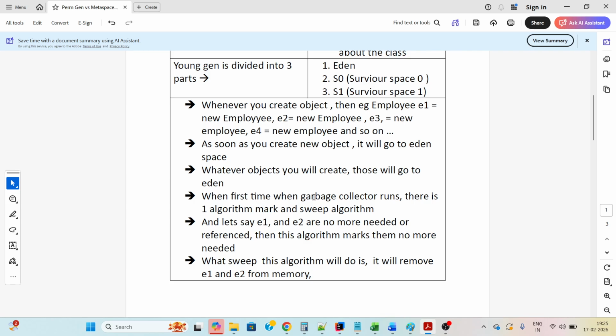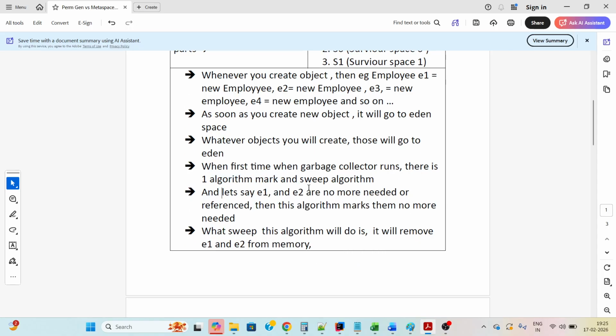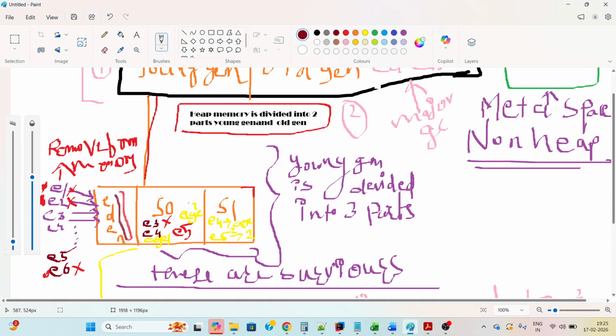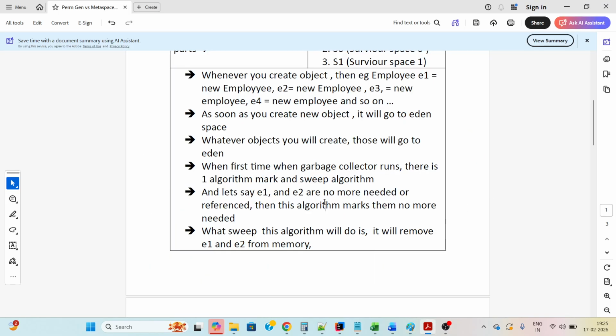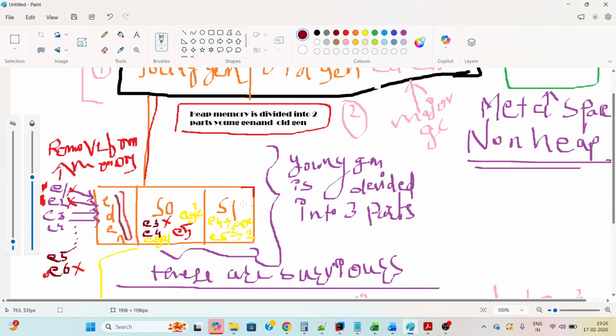When the garbage collector runs for the first time, there is an algorithm called mark and sweep algorithm. Let's say E1 and E2 are no more needed, and their references are no longer pointing to any objects. Then they are eligible for garbage collection, and the mark and sweep algorithm will mark them as no more needed.